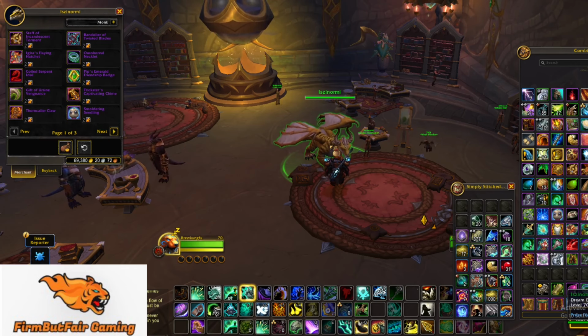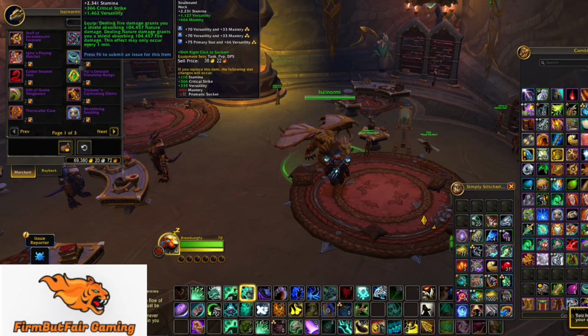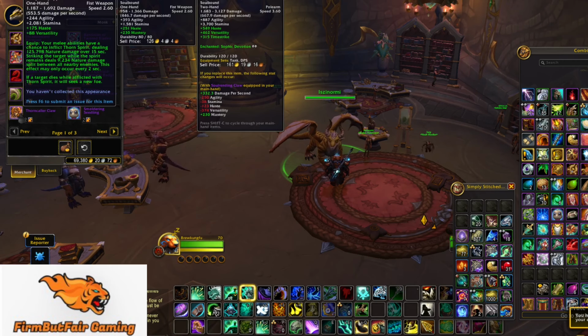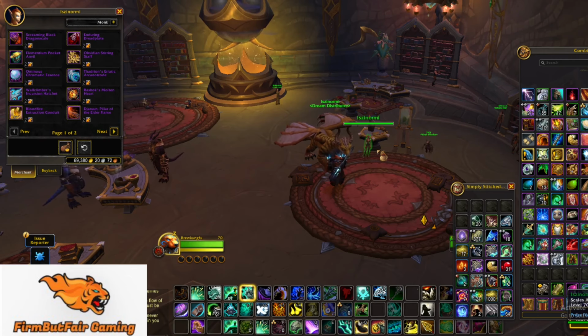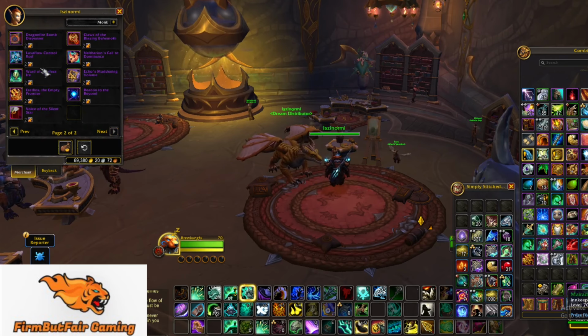Week 1 is going to be the trinket automatically. Week 2 going to be in between the neck, a weapon, usually Thorncaller's Claw, or it will be You Have a Bright Future. The ring. So the ring that is,